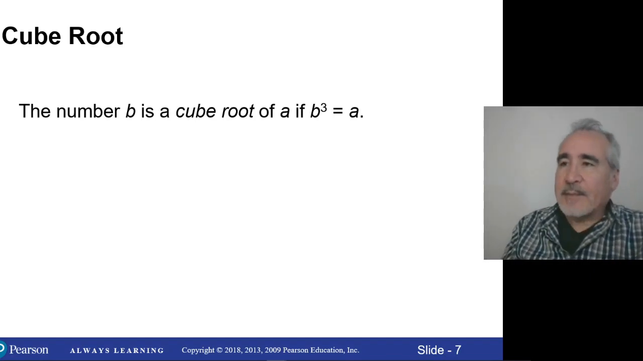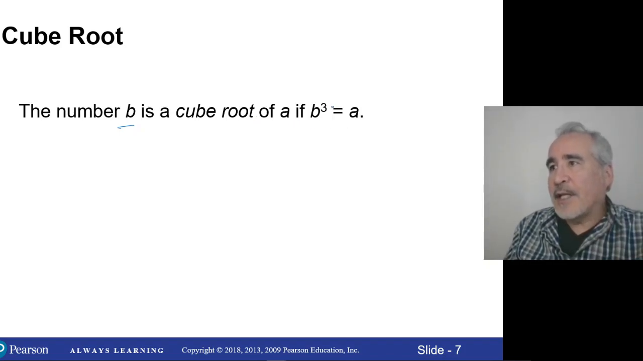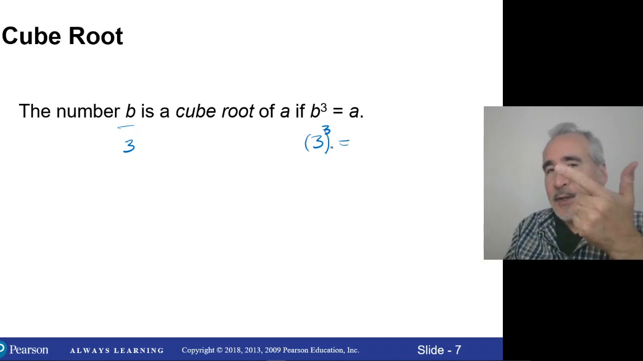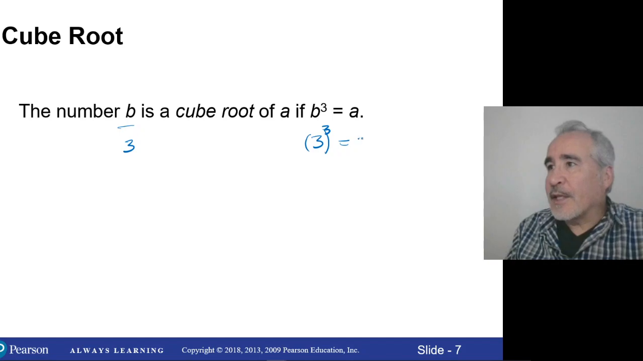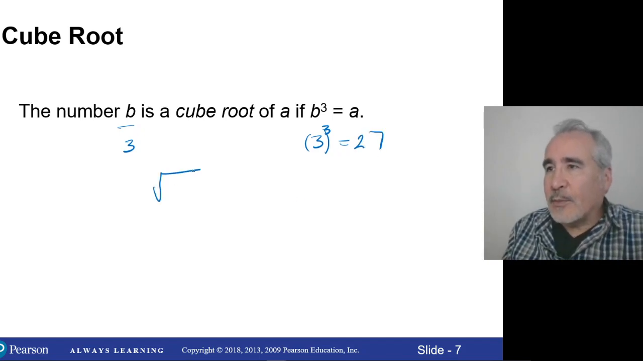So now we're going to jump to the next part of it. B is a cube root of a if b cubed is a. So let's go ahead and stick with 3. If I cube 3, that's 3 times 3 times 3. 3 times 3 is 9, times 3 more is going to be 27. Okay, so what we get is that the cube root,